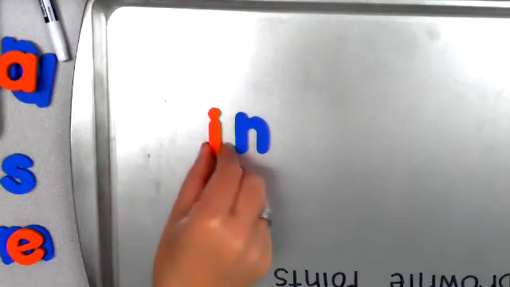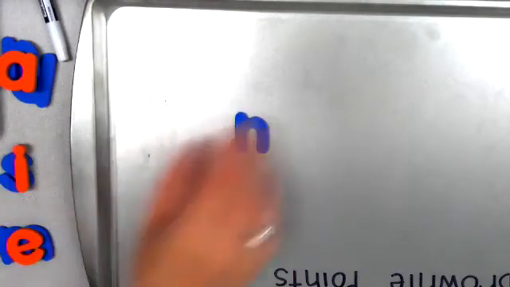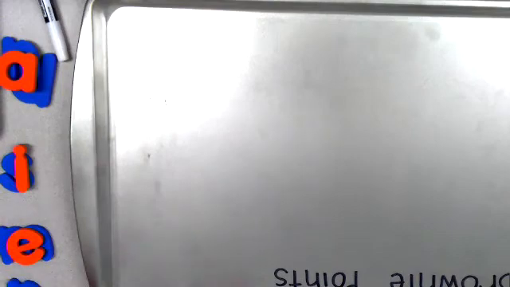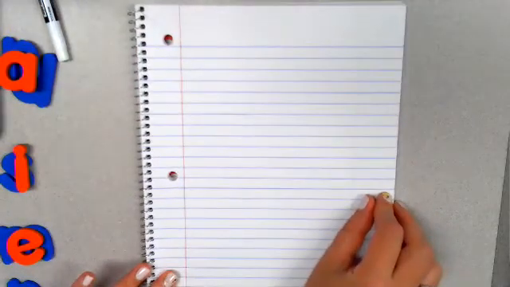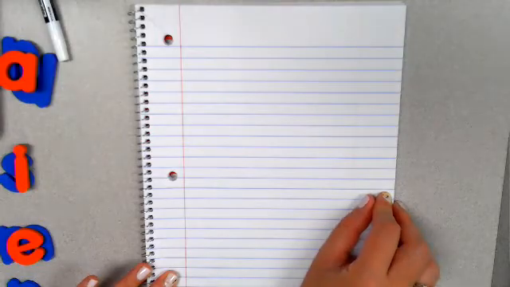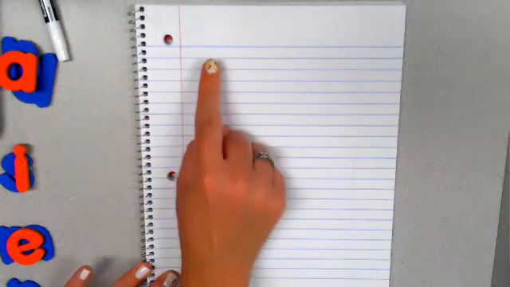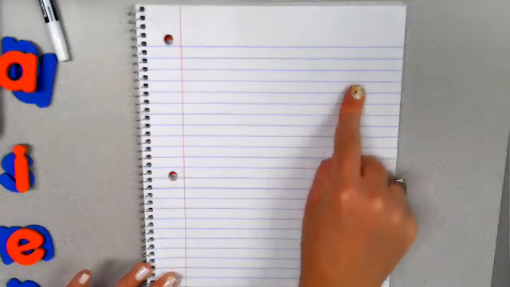Good. Take down the I and the N. Put away your cookie sheet or your magnetic material and take out your notebook or a piece of paper. So when we are practicing, we're going to practice writing and making the letters. So we're going to make and then write the word. So let's start with the word